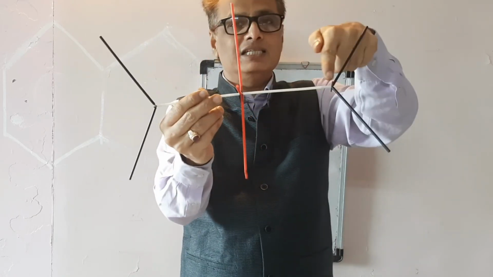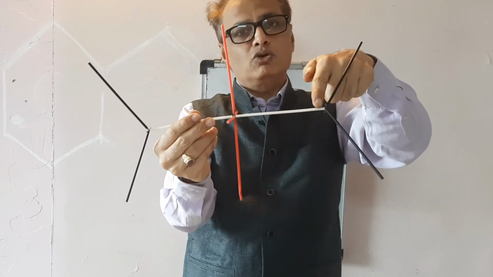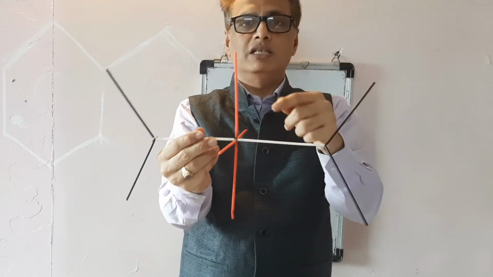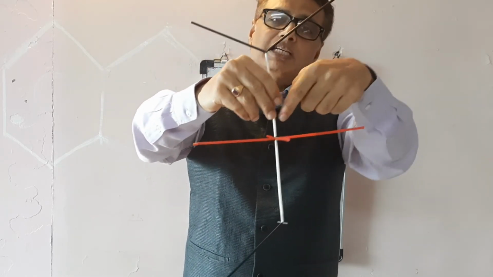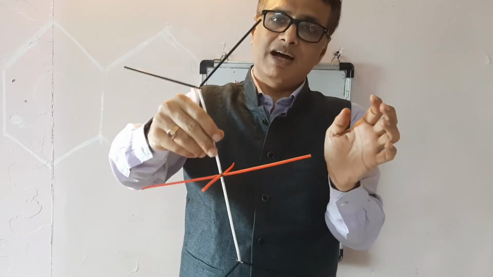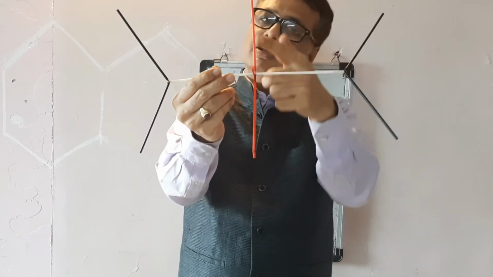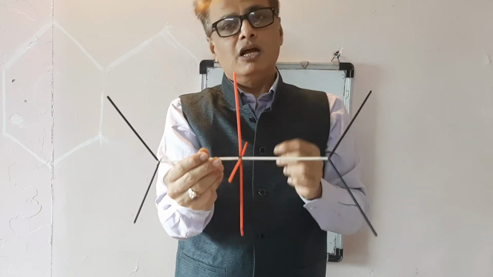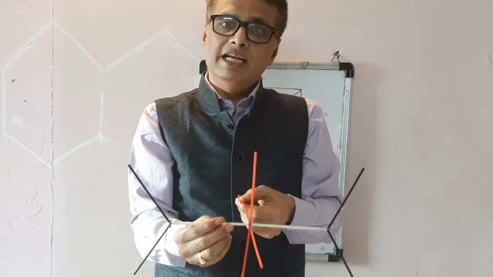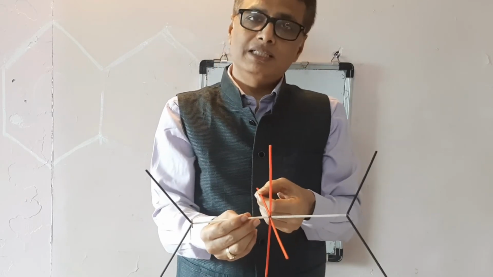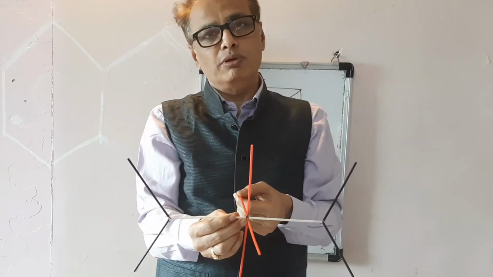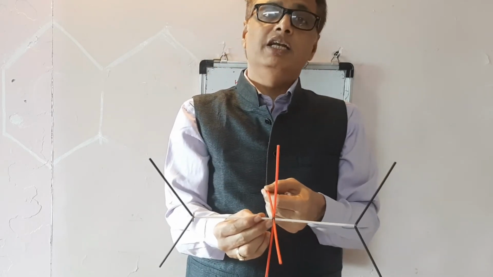This is our Z axis, which is our principal axis, the C2 axis, and in addition to the C2 axis, there are two C2 axes in the plane of the molecule which are collinear with the X axis and Y axis. This is our X axis and this is the Y axis. Now it contains the identity element E and the C2 axis. In addition to the C2 axis, there are two C2 axes in the plane of the molecule, and it contains two